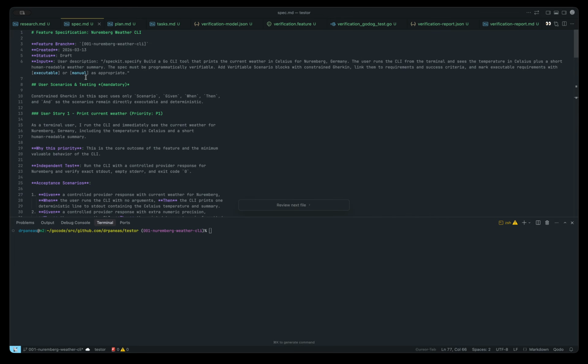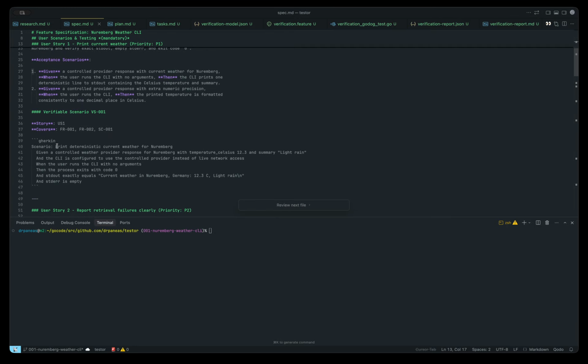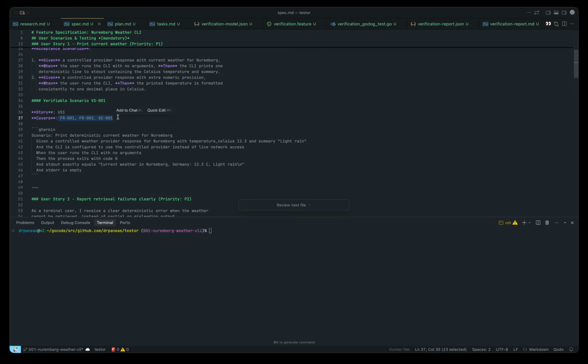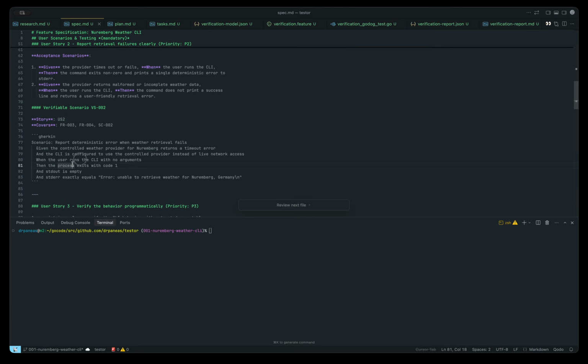And here in the spec, we have the regular user story, the acceptance criteria, given when then, and what requirements this story covers. And here we have this section. This is the addition from my side in the framework, that I'm looking for a verifiable scenario in this form, so I can do BDD basically. So for every user story I have this verifiable scenario, and what the framework is doing, it is creating a